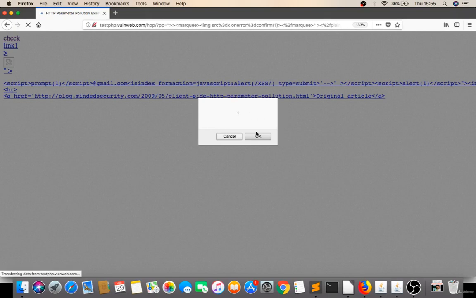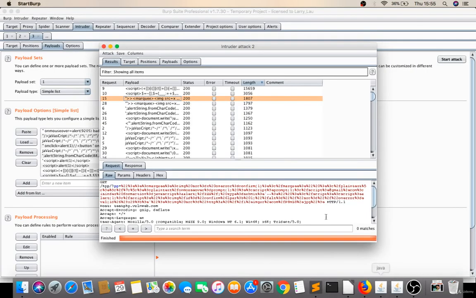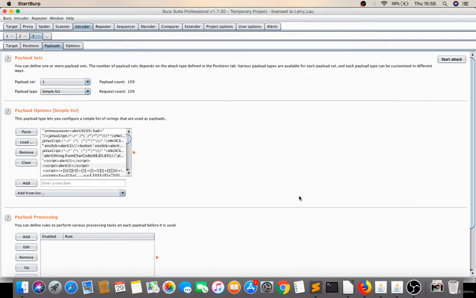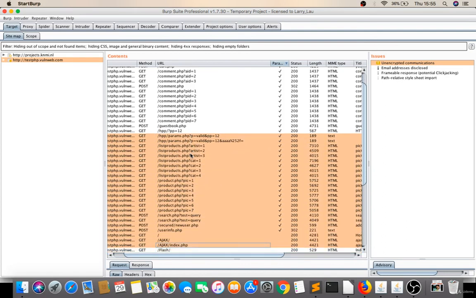So if the application is not sanitizing properly, it may execute the payloads. You just have to try the top 10 highest length payloads. This is the way you have to try it, and the task is to complete all the other parameters. I just completed up to this. You complete all the other URLs having parameters, all the URLs up to this.